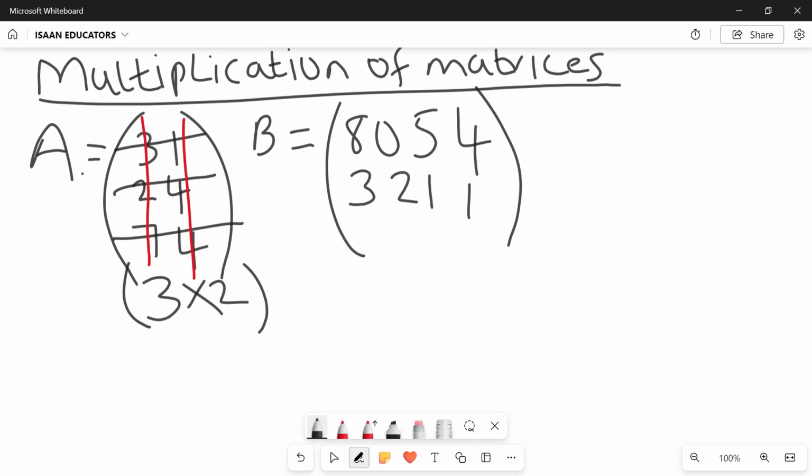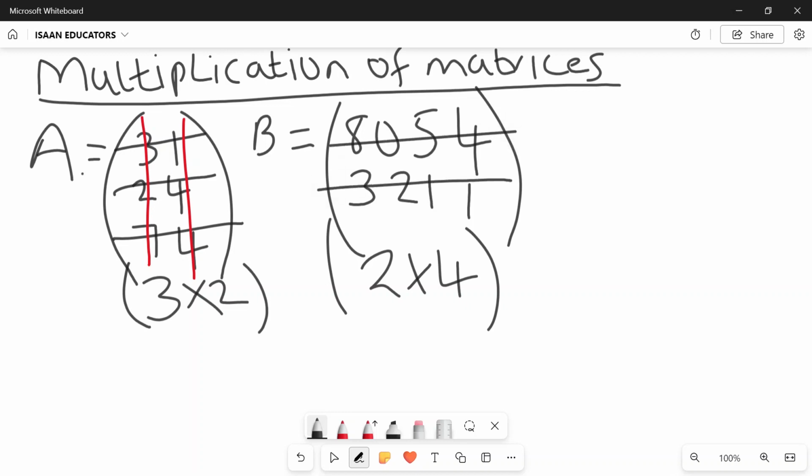So matrix B here, it is a 2 by 4 matrix, meaning that it has 2 rows and 4 columns. So this is what we mean. This is the first row, and this is the second row, and it has 4 columns. This is the first column, the second column, the third column, and the fourth column,